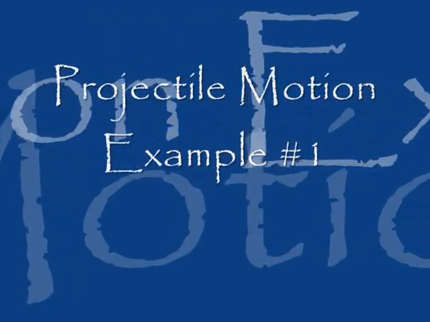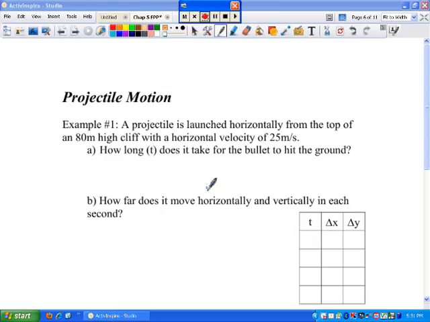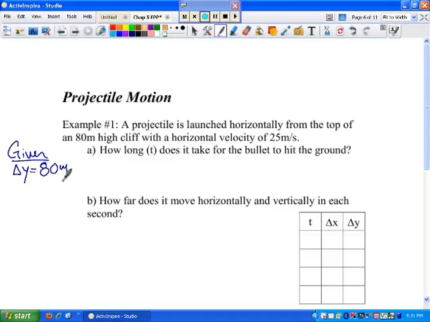Solving projectile motion, example number 1. The first step to solving all of the problems that we've ever done has been to pull out the given information. By reading through our problem here, we know that we have a cliff that is 80 meters high, which we'll identify as delta y. We also have a projectile that we shot from horizontally, which we'll say is Vx, at a speed of 25